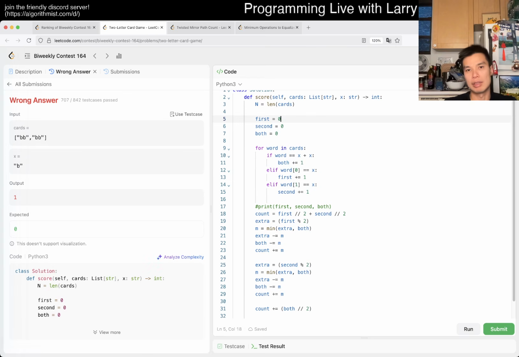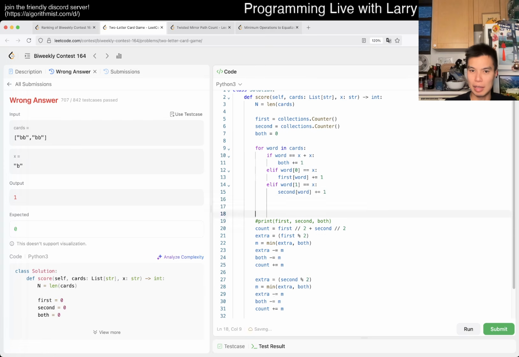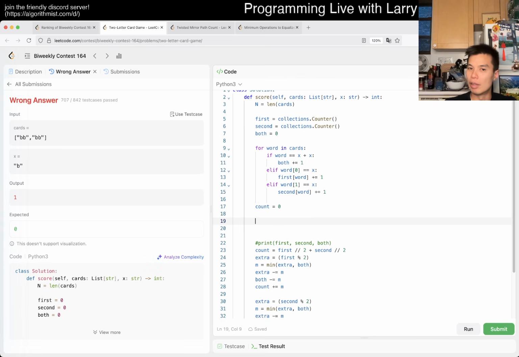Right. So okay, so let's just say we have... Okay, fine. And then it's basically the same. Okay, so now let's just say count is equal to 0, right? We want to see what is the